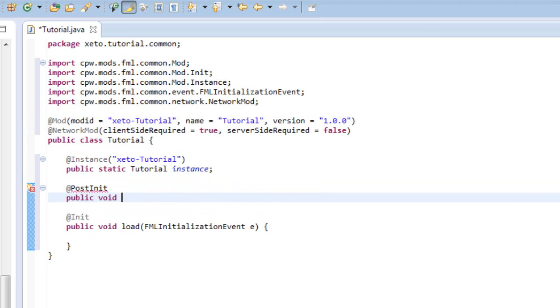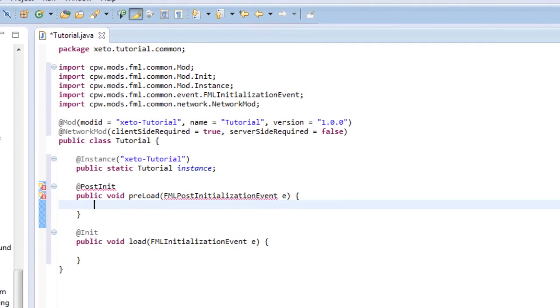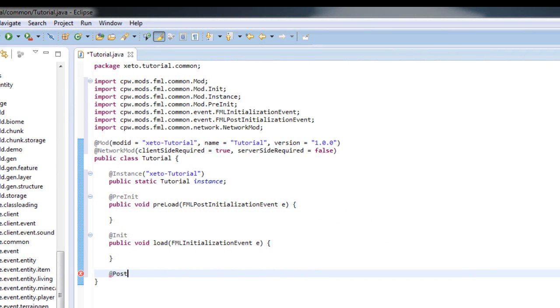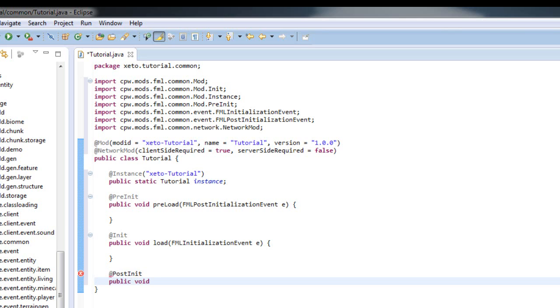So public void preload, FMLPreInitializationEvent e. Sorry, it's pre init, not post init. Import that. And last but not least, post init, public void modsLoaded, because I think you only need this